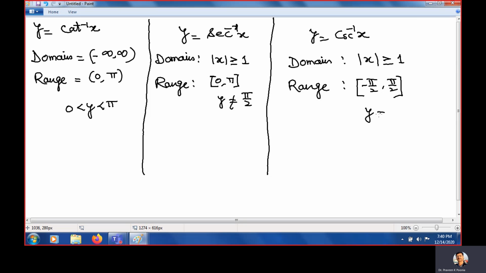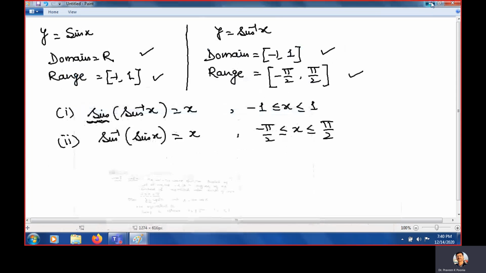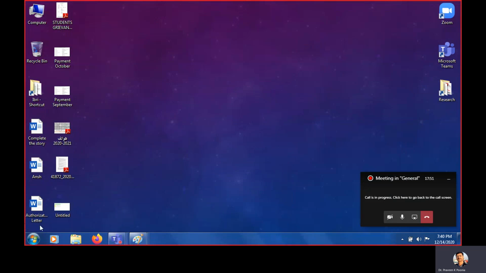Clear? But y will not be equal to 0. Why? Because sine 0 is 0. So cosec 0 means 1 upon 0, and that is not permissible. Clear? So after studying this, I want to tell you something about the